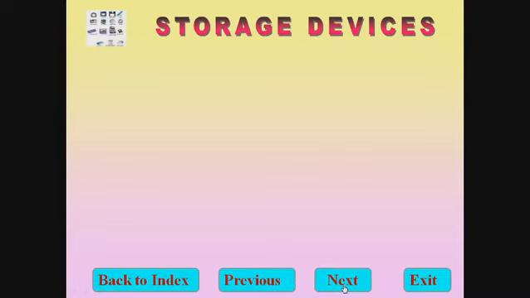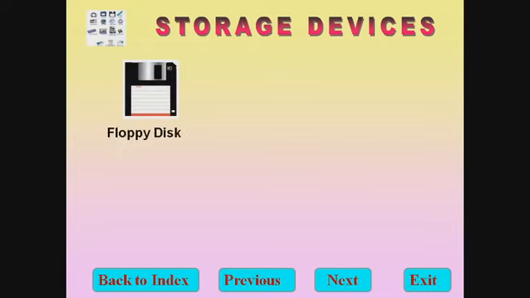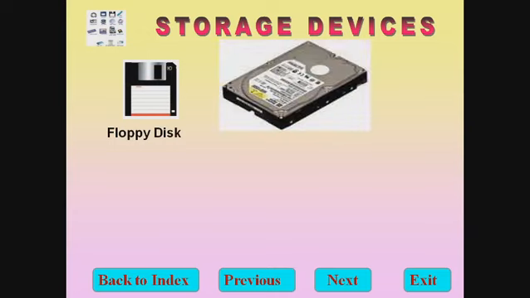This is the last step of your IPOS cycle, storage. So storage devices are used to store your data permanently. This is floppy, it's obsolete now. It is used to store data. Then we have hard disk. Hard disk is the most commonly used storage device in a computer and it is fixed inside the CPU.